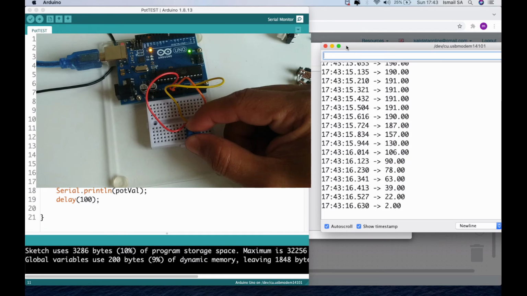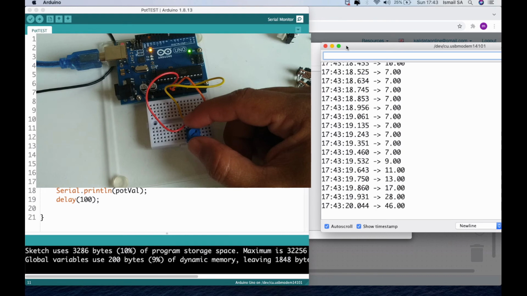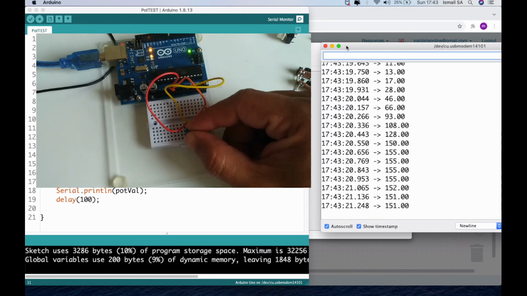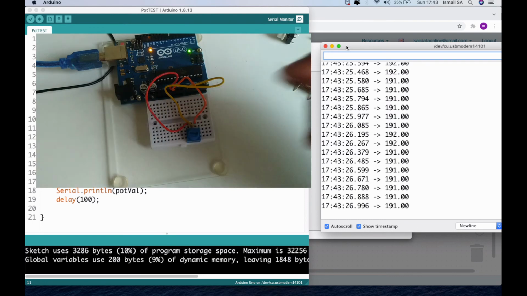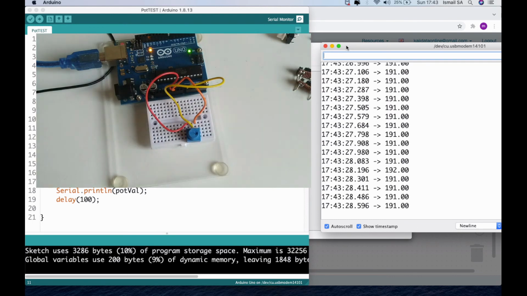So that is the idea of how you can use the potentiometer, and the main idea here is basically to teach you and share with you the use of Arduino blocks that enable you to make simple coding so that you can know how to interface with your sensors and also with your physical computing device.